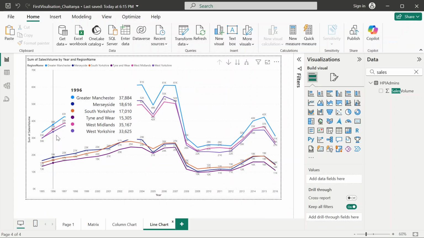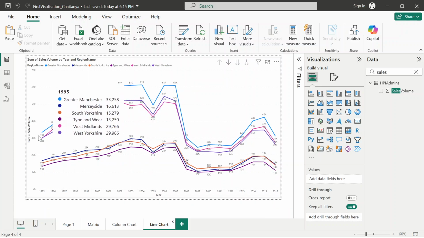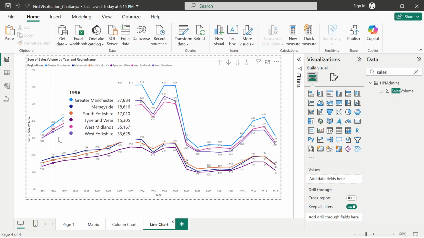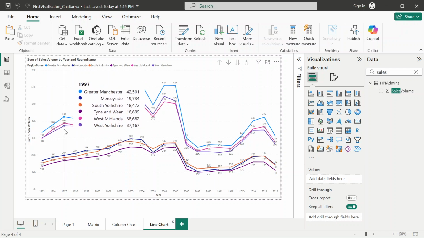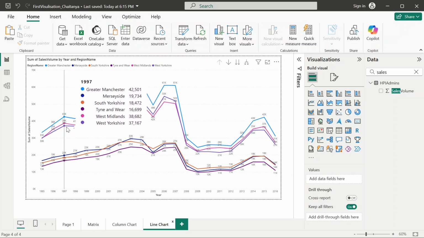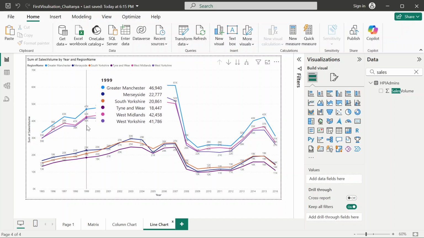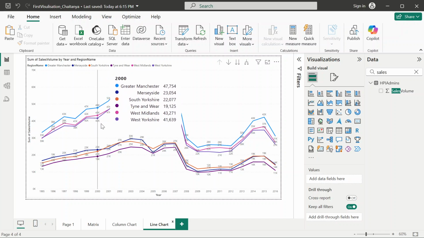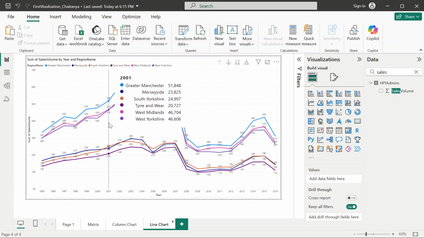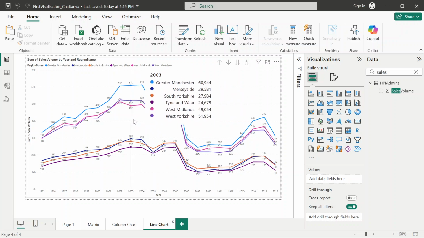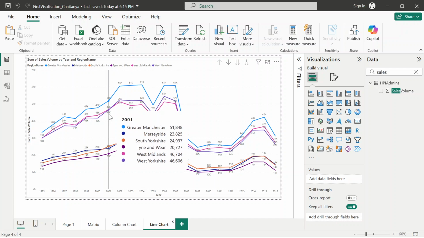So what we can see here is the trend over the years. From 1995 to 1997, over the 2 years, there was a steady growth. Then there was a small decline for Greater Manchester. Then there was a generalized incline. Then again there was a steep incline. Then from 2001 to 2002, there was a steep